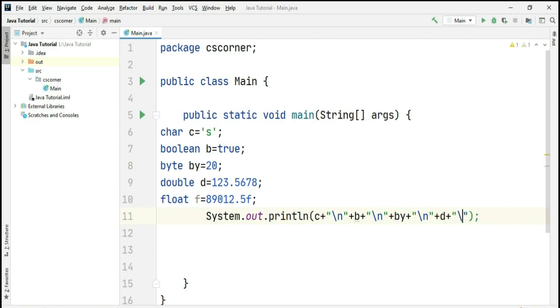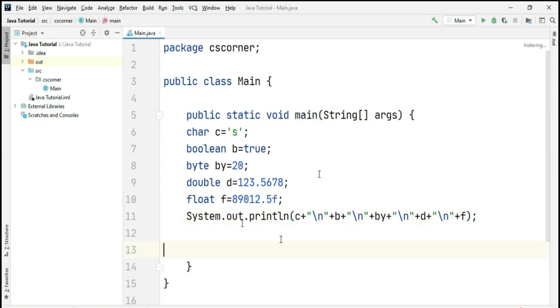So one more \n I'm going to take, and my last variable is variable f. You can see it is showing me an error over here because I have not added the plus symbol, that is the concatenation operator. So you cannot have a string along with your variable. So you should put the concatenation operator. So now my program is complete.